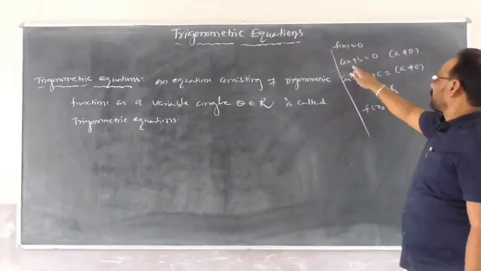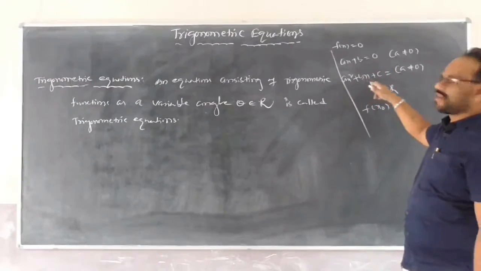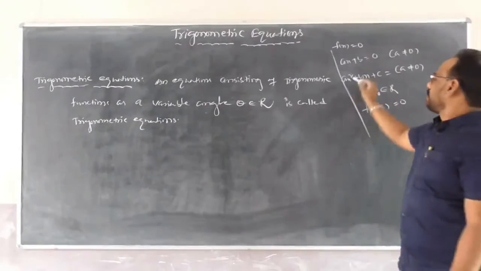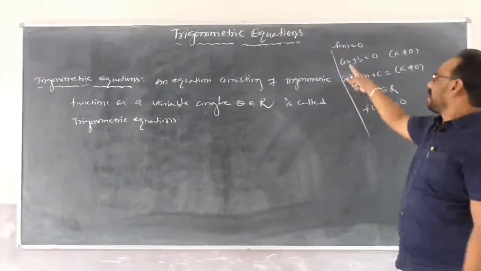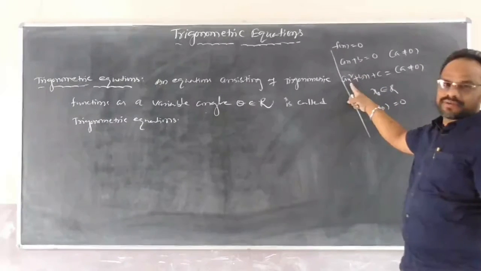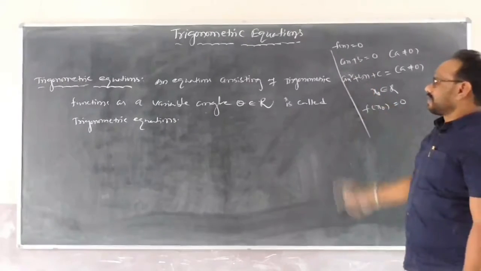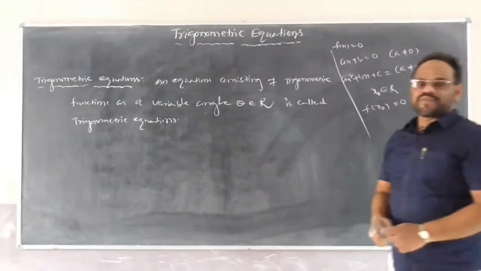Here, observe these equations, the algebraic equations: ax plus b is equal to 0, and ax square plus bx plus c is equal to 0. This is a linear equation, this is a quadratic equation. Here x is a variable. But a trigonometric equation means